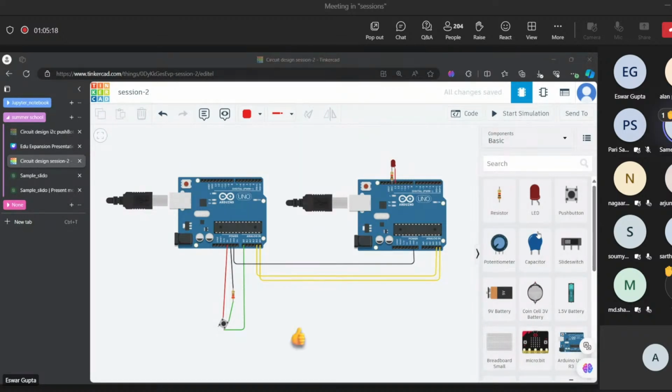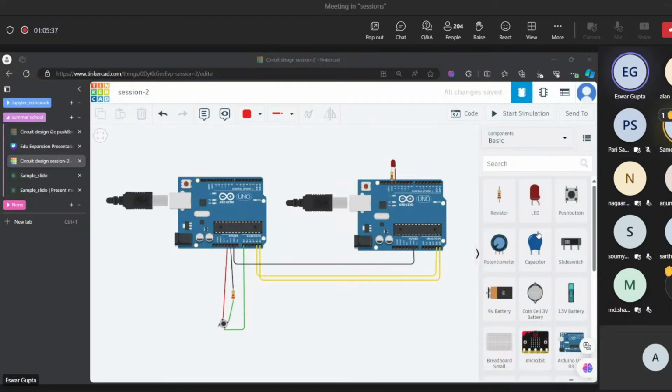Sir, why didn't we have to give power to the LED, when we only connect the LED to the digital pin and not to the power?